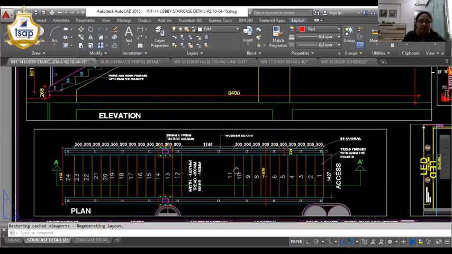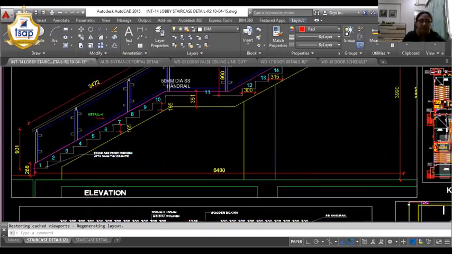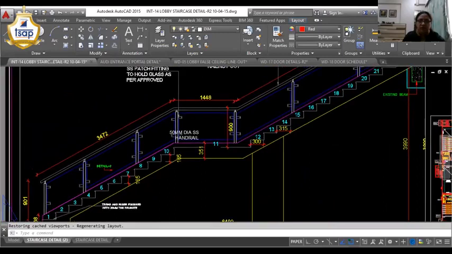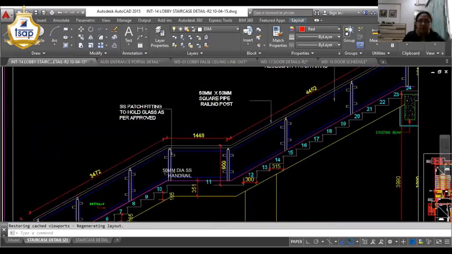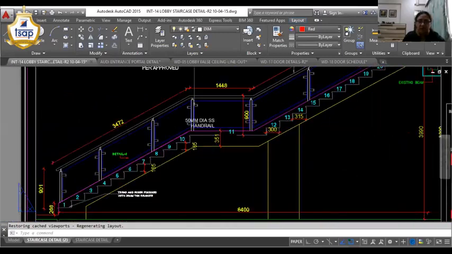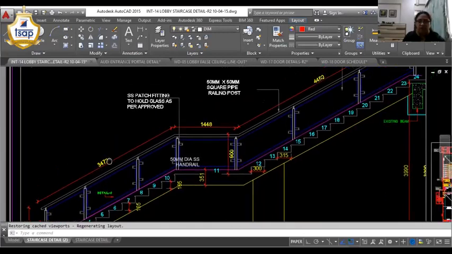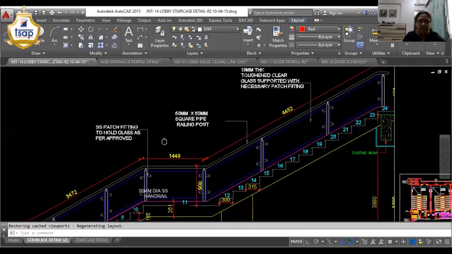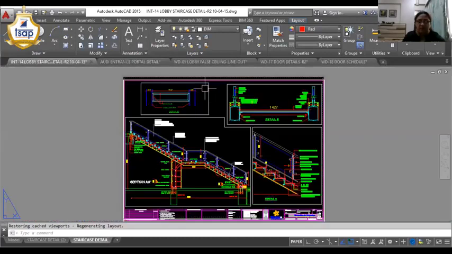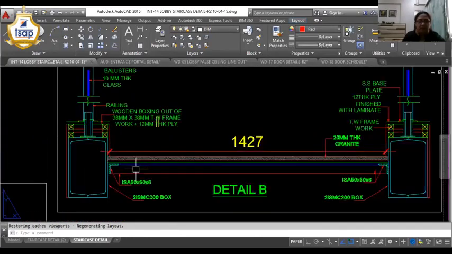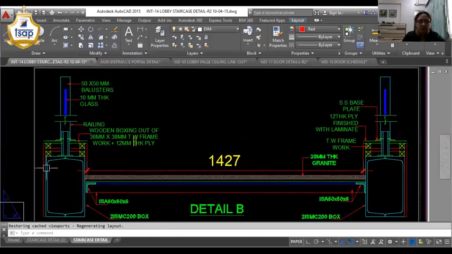Simultaneously above the plan, you can see the section elevation of the staircase, which is actually the finished side seen from the outer side, and the steps which are seen are in dotted lines, and the railing is shown here in detail. Now in the next slide, this is a railing detail. You can see these were the box sections proposed at site.